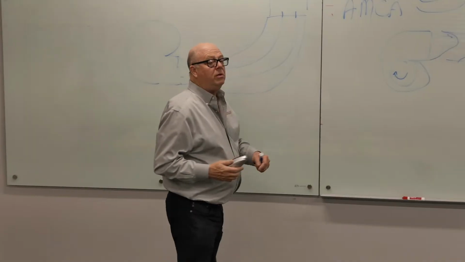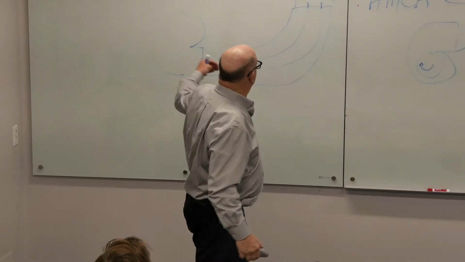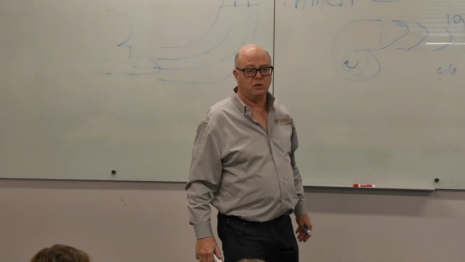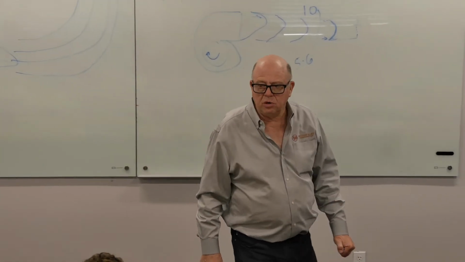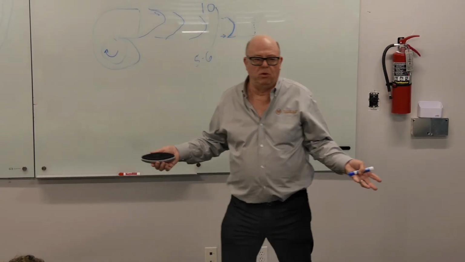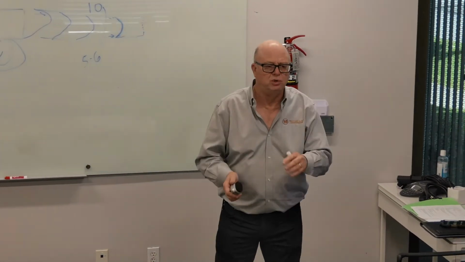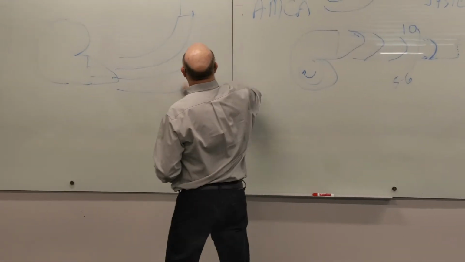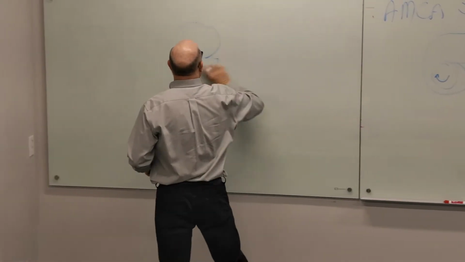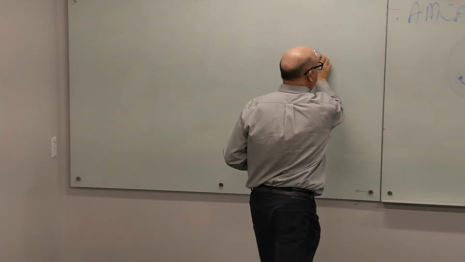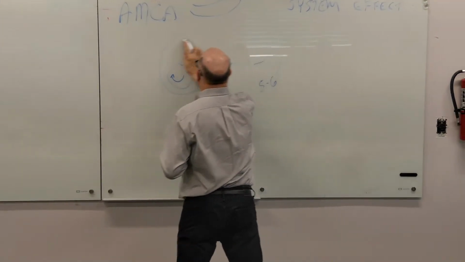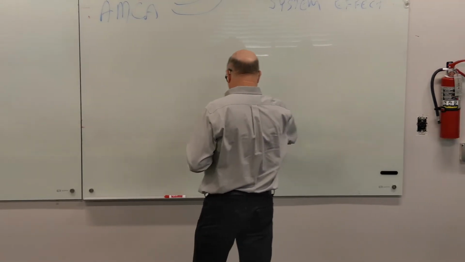So, long story short, you want to be able to come off of the discharge and go as far as you can before you change direction. You don't always have full control over that. You may not control the equipment room that it's going in, or there may be reasons you can't do what you'd like to do. But you've got all of these various fan configurations that you can pick from to try to minimize it.